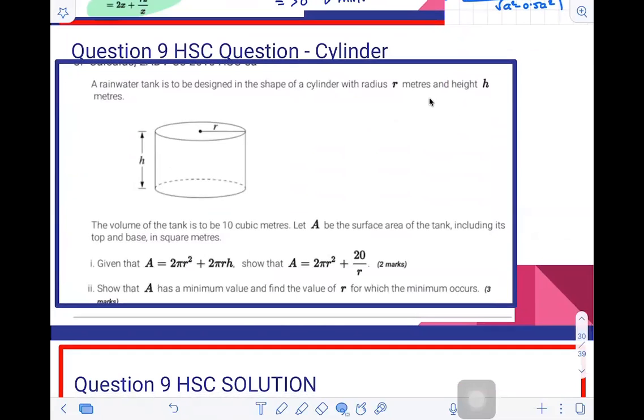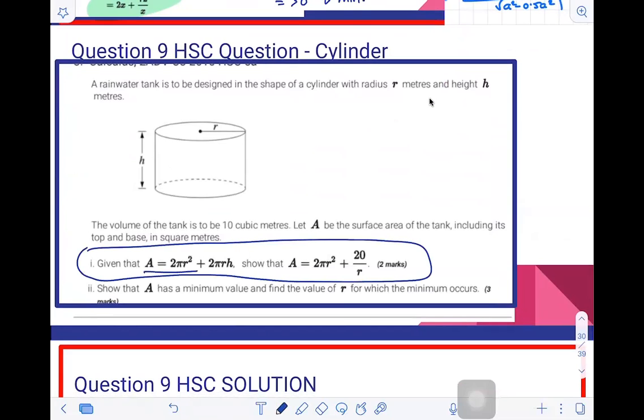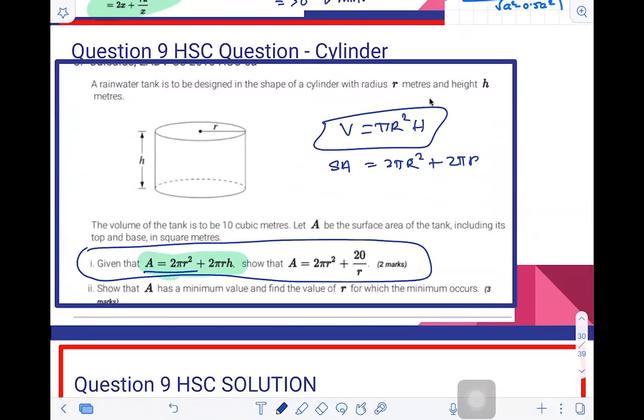Okay, all right. So looking at question 9, the cylinder question. First of all, see how they're given the formula for the volume in the question. The volume is pi r squared h. The surface area is 2 pi r squared plus 2 pi r h, because the 2 pi r squared is like your two circles at the ends,